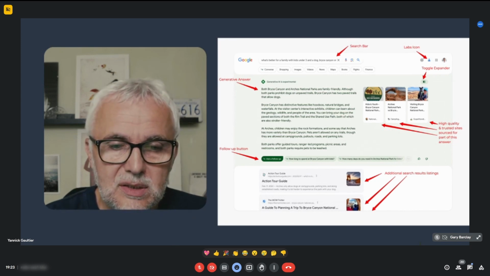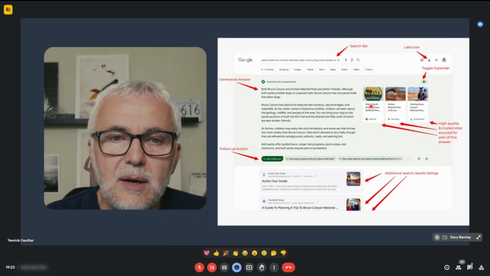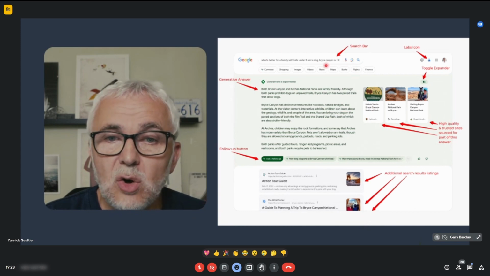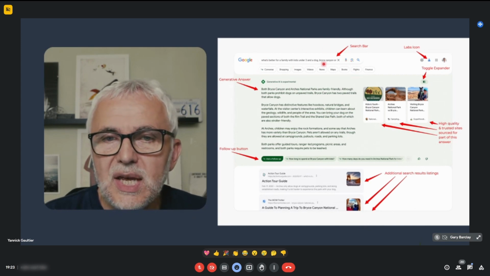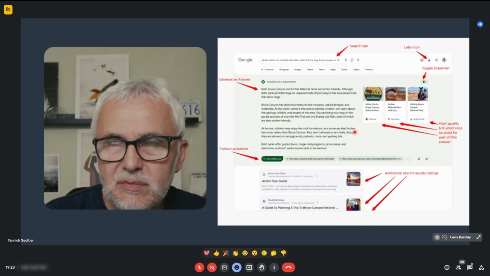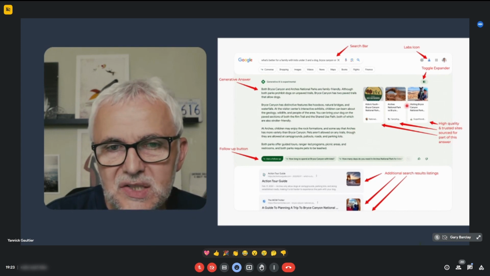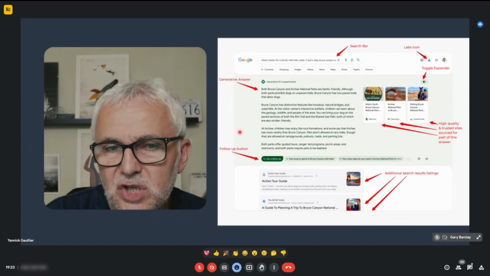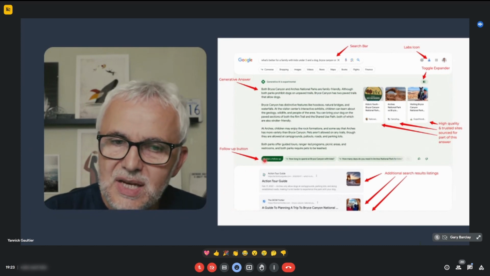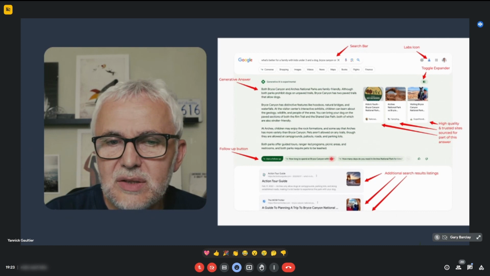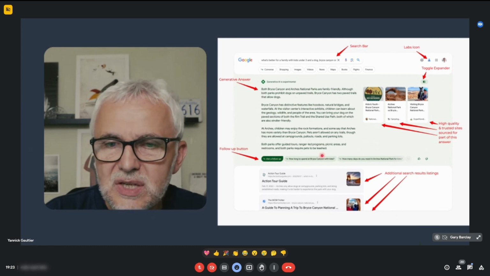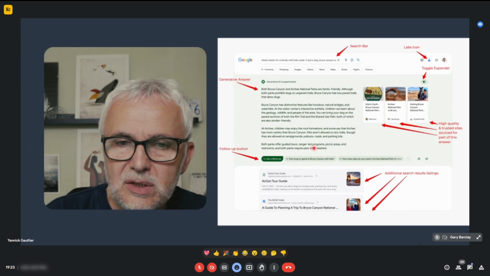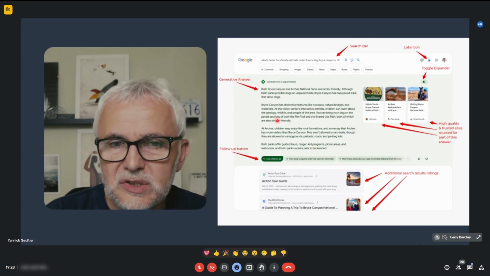Let me try and point here. You're able now to ask a question in natural language, and if they have a good result, some reliable information about the question you asked, Google is responding with a full text explanation. So it's basically similar to what you would get from ChatGPT. And this has already evolved. They have a follow-up button here. That means you can click through to get more details or search again for some other related topics about the results they gave you.